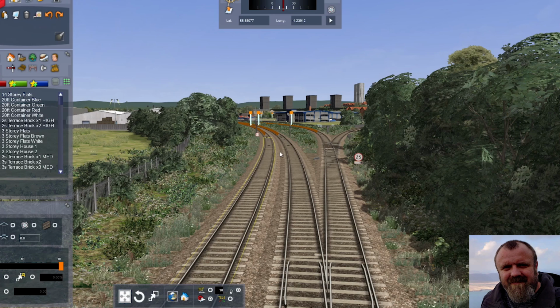But I did want to get the track done early because I wanted to put the route on the workshop, and if that was ever going to be finalised, then it makes sense for all the track to be there early on. Then once all the track's down, I would go maybe a mile or so, mark on the map, and put bridges, embankments, all of that first. Then I would enrich it with foliage, buildings, all that kind of stuff as it progressed.